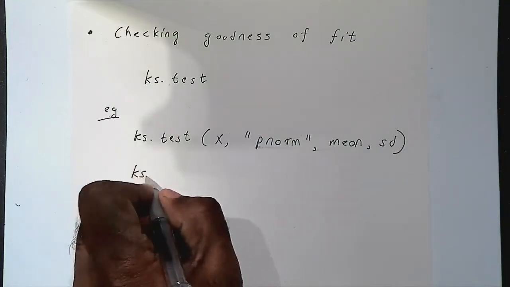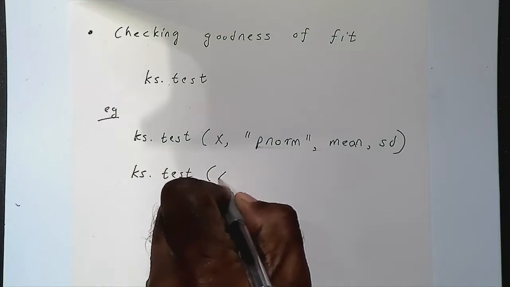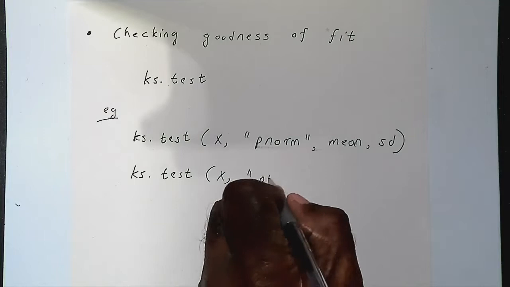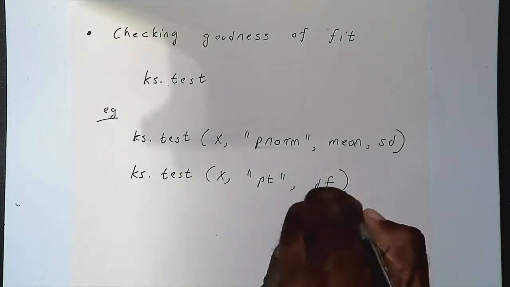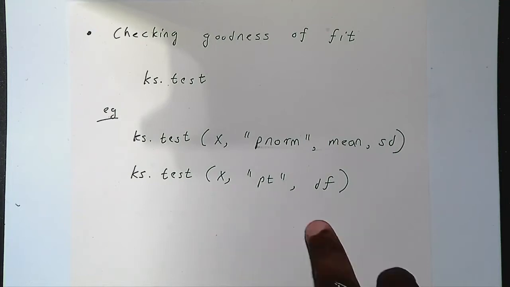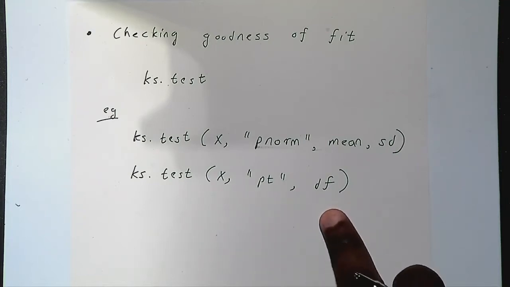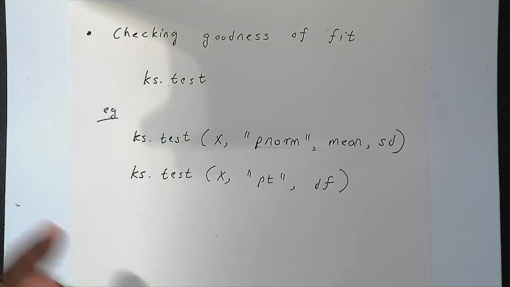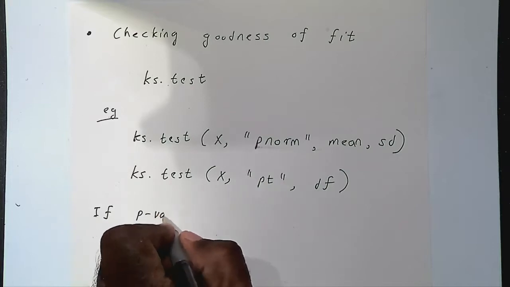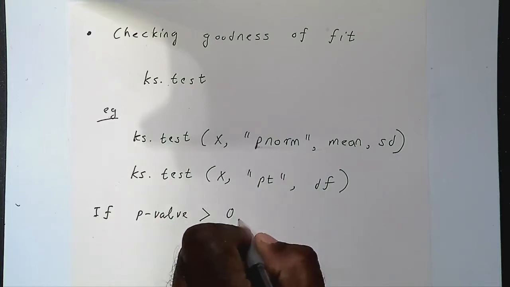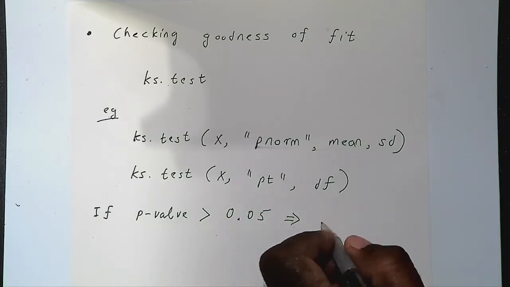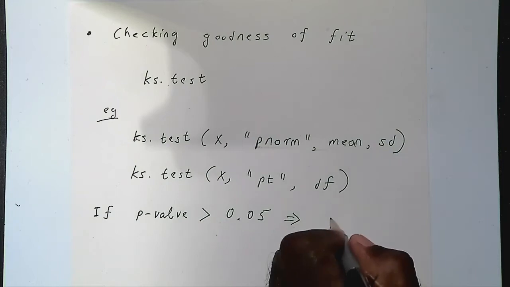So for example, to test the t distribution, which we fitted here, you will use this command here: x, comma, in brackets pt, comma, df. df is the degree of freedom estimate given by this command here. So the idea is that if the p-value returned by these commands is greater than 0.05, then you can assume the model or the distribution